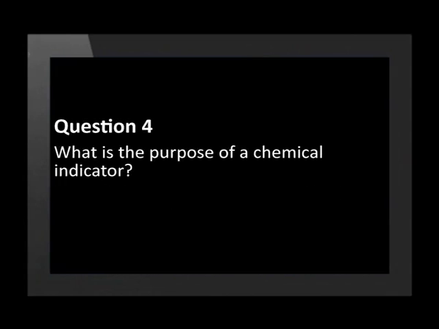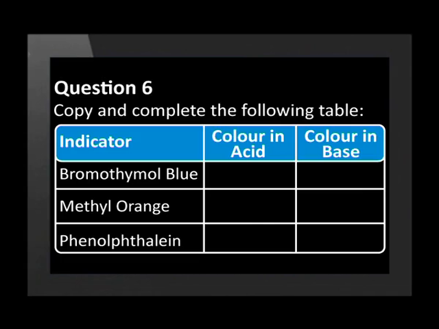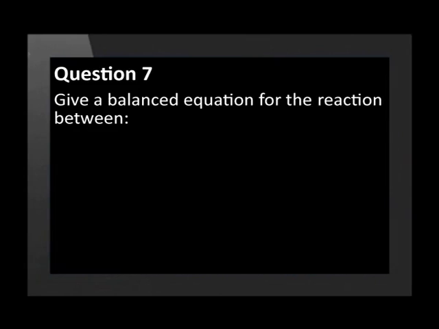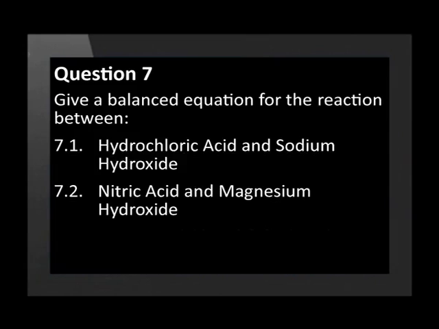What is the purpose of a chemical indicator? Where on the pH scale would you find acids, bases, and neutral substances? For this question, copy and complete the table or use the one in the series guide called A Guide to Acids and Bases. Give a balanced equation for the reaction between hydrochloric acid and sodium hydroxide, nitric acid and magnesium